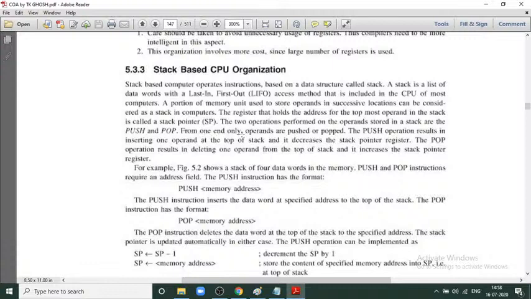From one end only. Push and pop operations can be performed at one end only. The push operation results in inserting one operand at the top of the stack, and it decreases the stack pointer register. The pop operation results in deleting one operand from the top of the stack, and it increases the stack pointer register. Example,